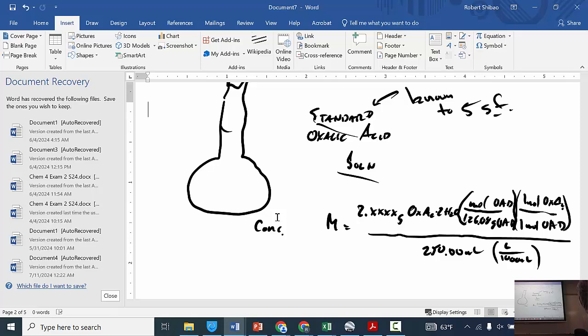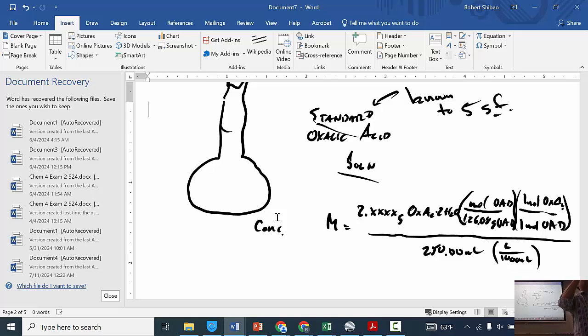And therefore we need to use a volumetric pipette. You guys remember using this? So here's where it's going to count. Now the thing is, we need to make sure this is clean. And so what I do is I get a spray bottle and just rinse it with a spray bottle on the inside. Drain it like this. Okay, but now it's contaminated with DI water. And so what do I need to do? Well, I need to give it a final rinse with